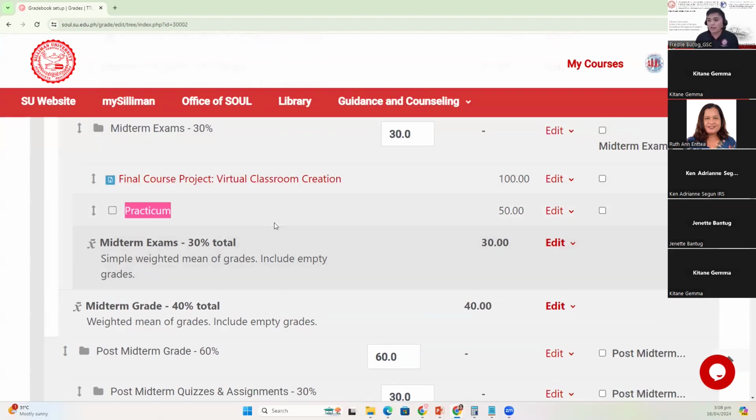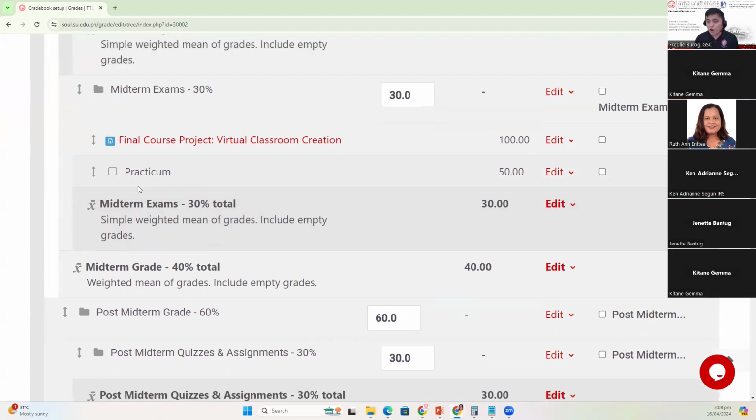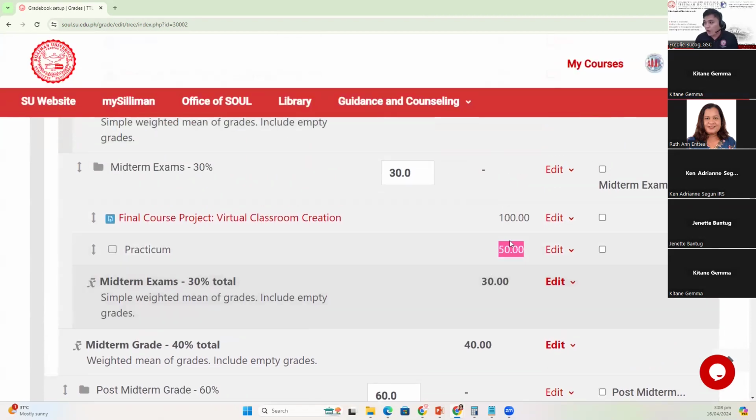Okay, so for example, in this part, all of the offline activities have a square icon. That pertains to the offline activity. And the highest possible score for this example is 50. So how do we transfer scores from a piece of paper to this particular offline activity that you have created in mySOUL? In order to record your student scores,